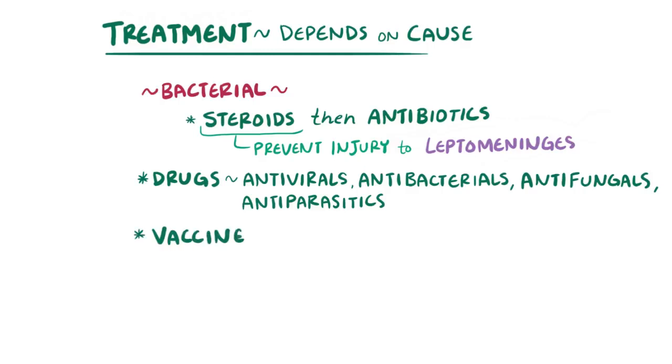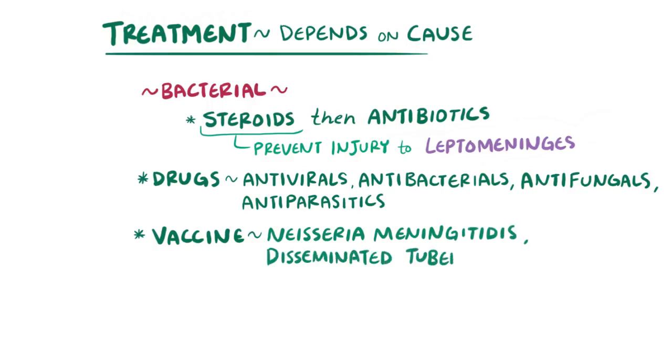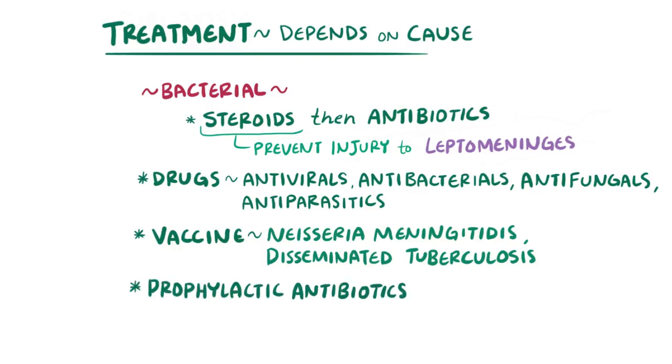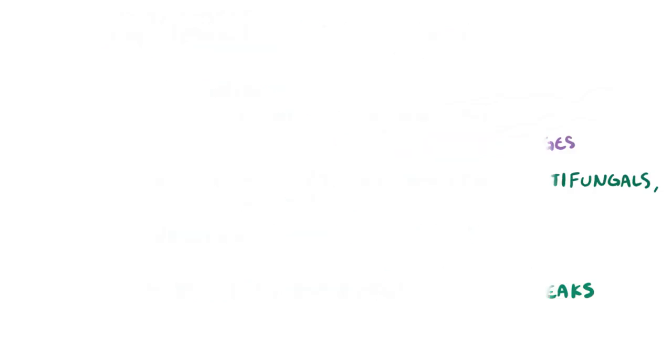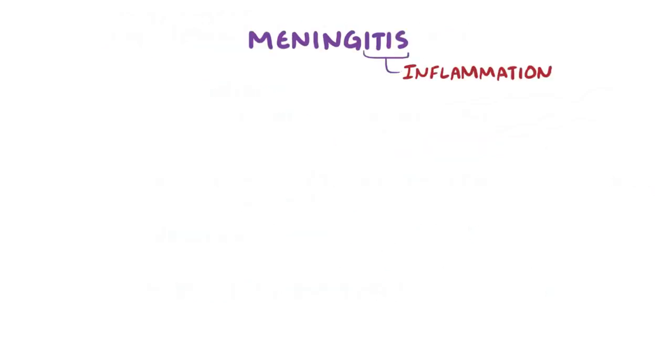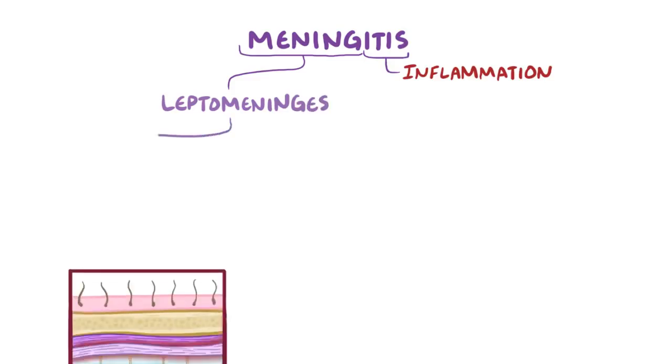Prevention with a vaccine is appropriate for some causes like Neisseria meningitidis, but also for mumps and for disseminated tuberculosis. Prophylactic antibiotics can also be administered to avoid outbreaks of bacterial meningitis, like in households where individuals haven't been vaccinated against Neisseria meningitidis. Alright, as a quick recap, meningitis is an inflammation of the leptomeninges, which is the inner two